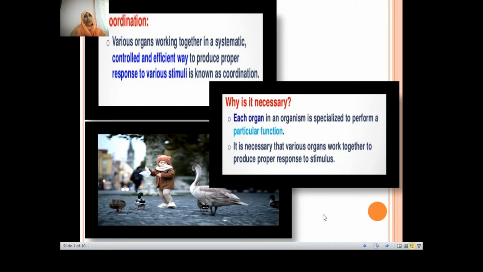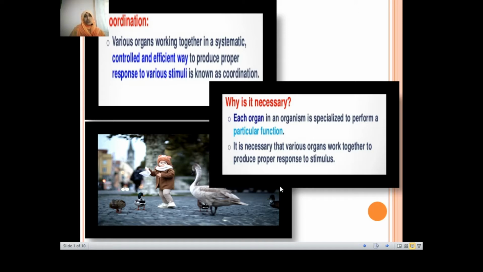Each and every organism has to know what is going on in the environment. Why? In order to protect itself. So now, what is coordination? As we know, a multicellular organism has an organ system and different organs that work together in a team. All that coordination has to be done perfectly and in a timely way. Only then can an organism respond and work accordingly.